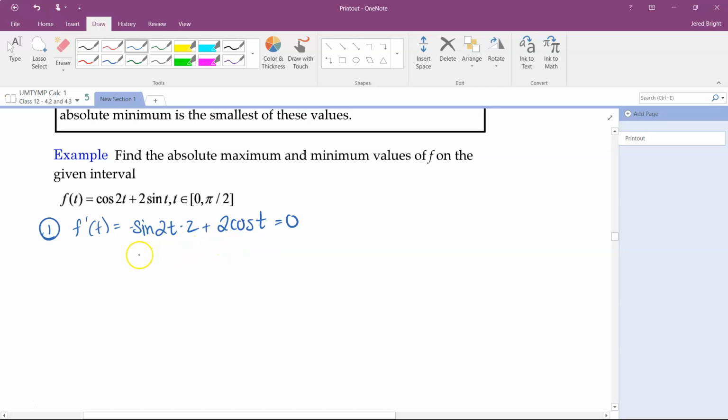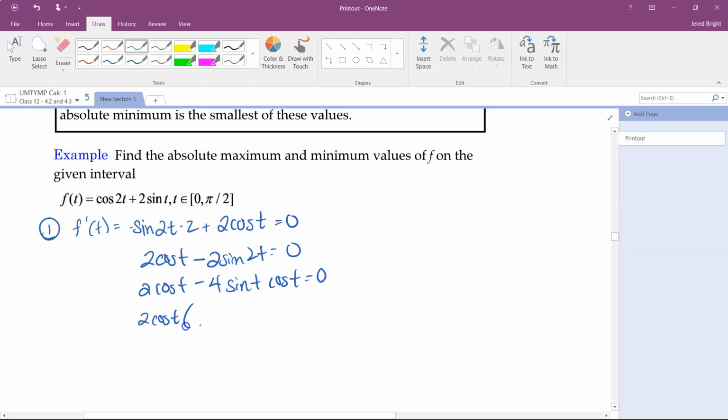I'll rewrite it as 2 cosine t minus 2 sine 2t is equal to 0. And what I'm going to do is use the double angle formula, so 2 cosine t minus 4 sine t cosine t is equal to 0. And now I can factor this, so I'd have 2 cosine t times 1 minus 2 sine t